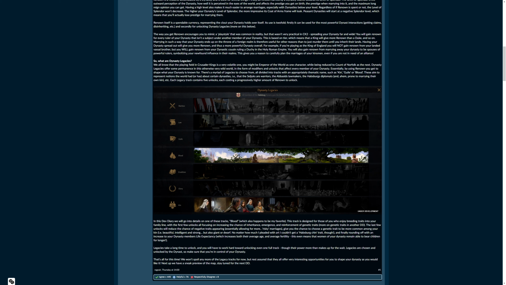Once you found families that were doing that successfully and being part of that dynasty, that powerful family, gave you also some security, some safety of existence and income and power, then they played along. And that is coming in Crusader Kings 3, which is brilliant. This is based on tier, which means that a king will give you more renown than a duke and so on. Of course, that makes sense.